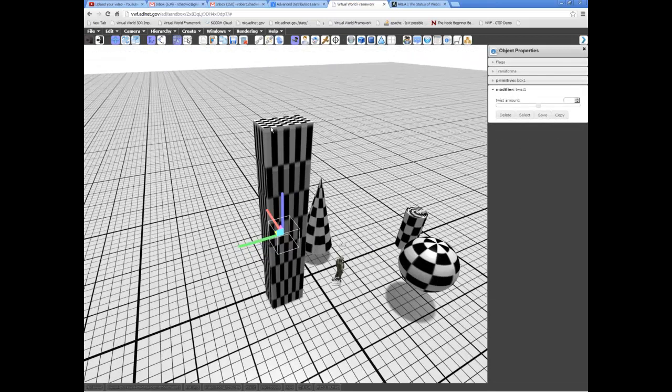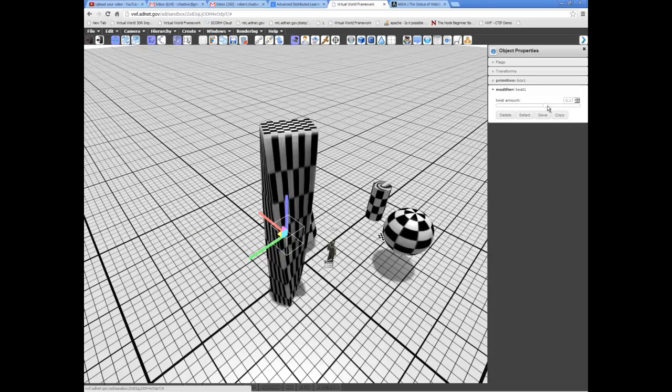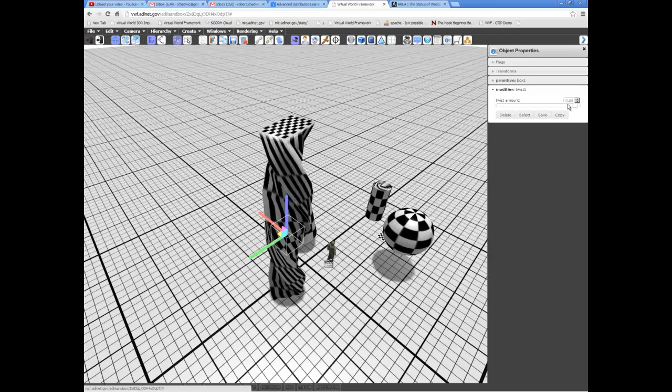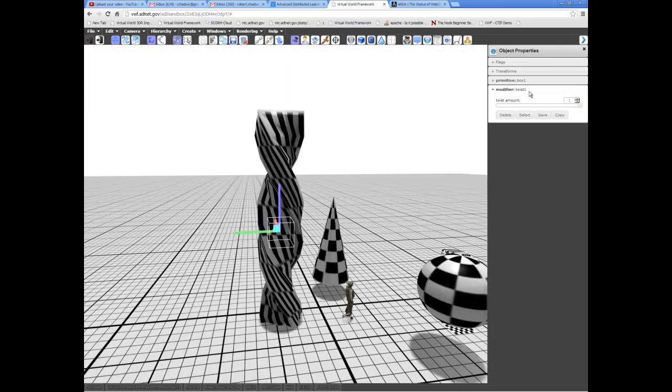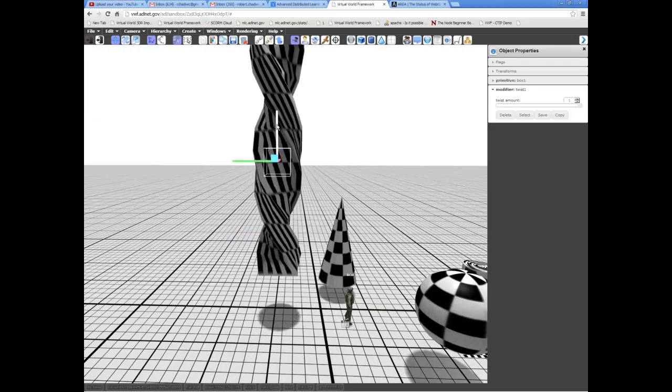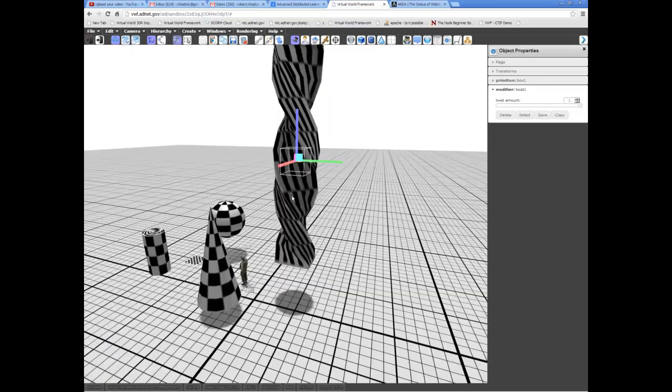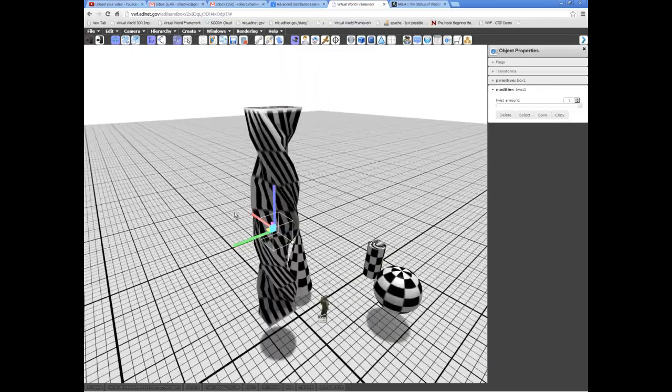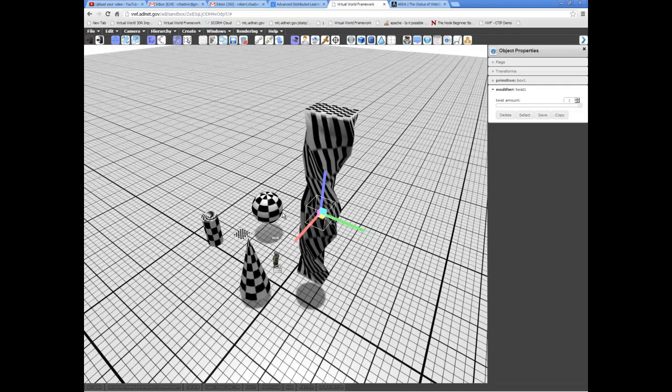The twist is a simpler modifier. It has only one value, which is the amount. If I turn that up, the object twists around its z-axis. Probably we could extend this to say which axis to twist around. Currently, it just twists around the z. So I've got an object that's twisted on its z-axis, and here's the interesting bit,